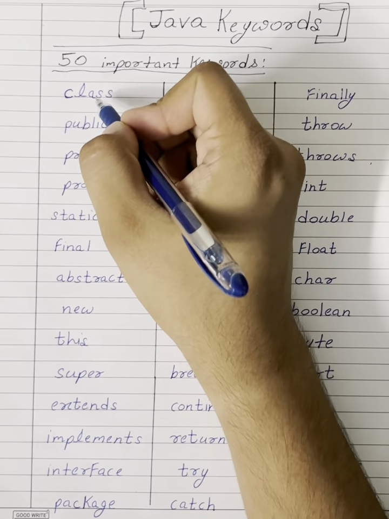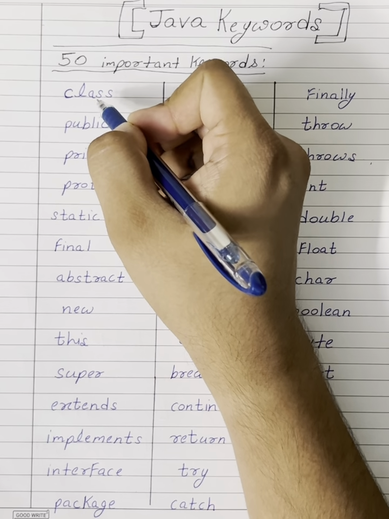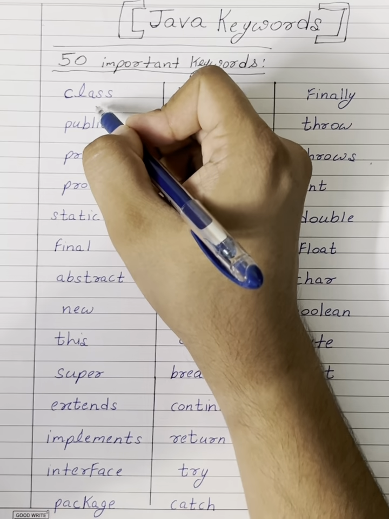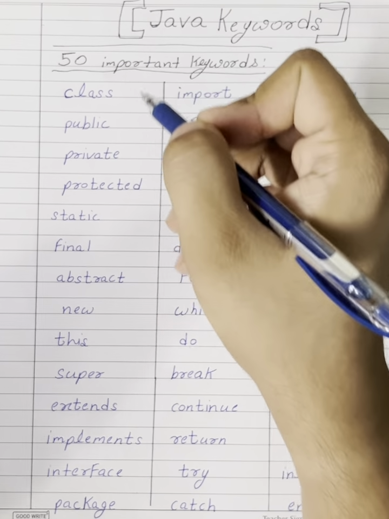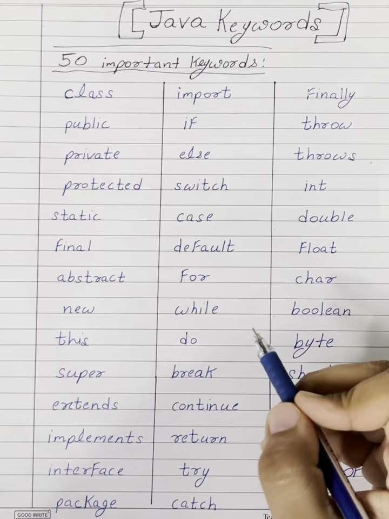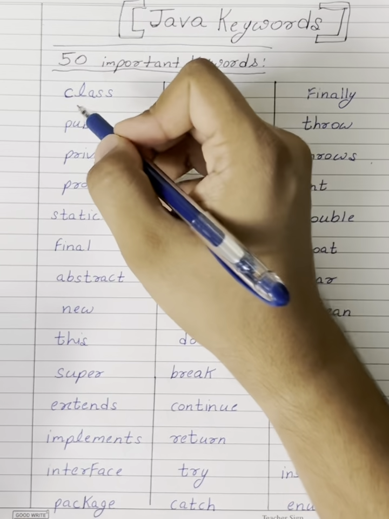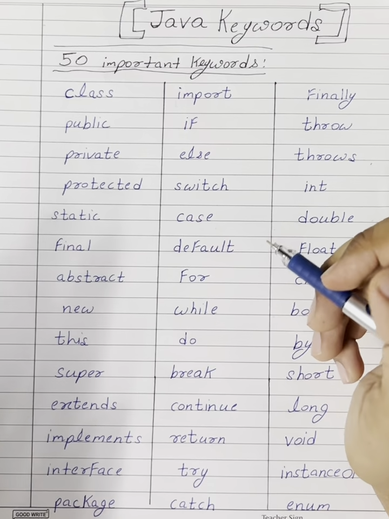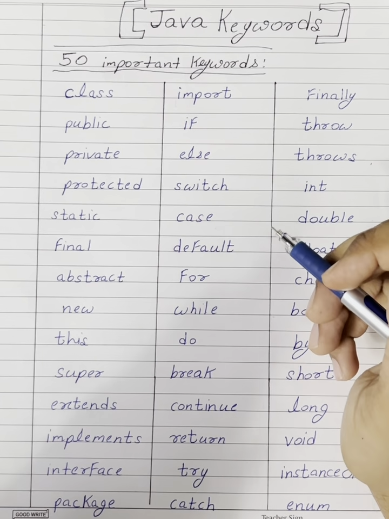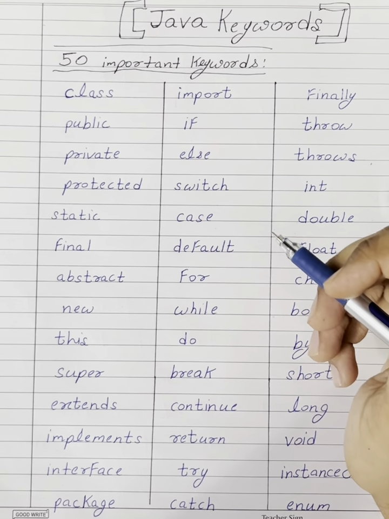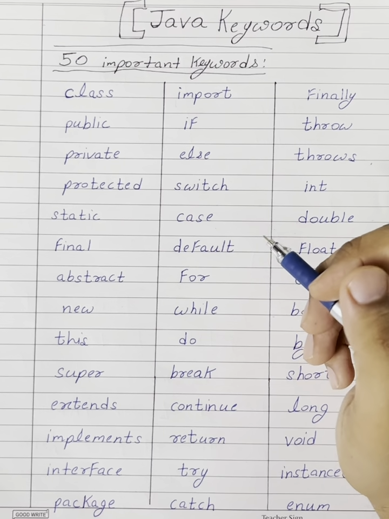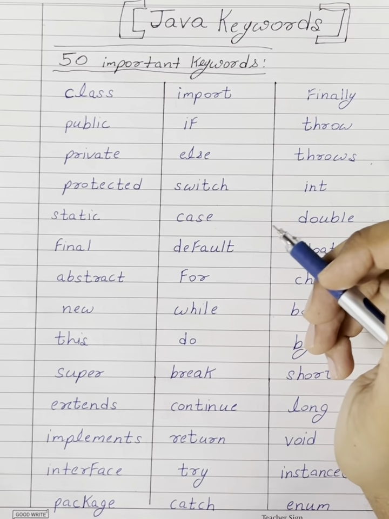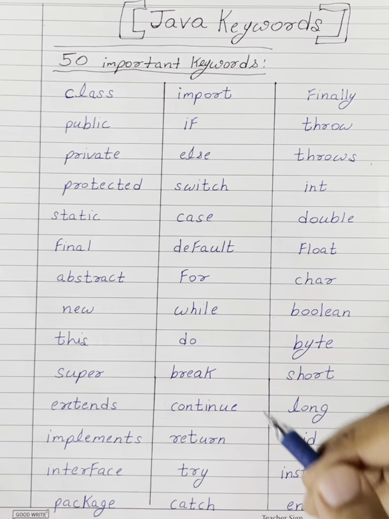So let's start with class. So guys, the class keyword is used to declare a class in Java, and a class is a blueprint or template from which objects are created, and it defines the data and behavior that objects of the class will have. And since Java is a class based and object oriented programming language, every Java program contains at least one class,